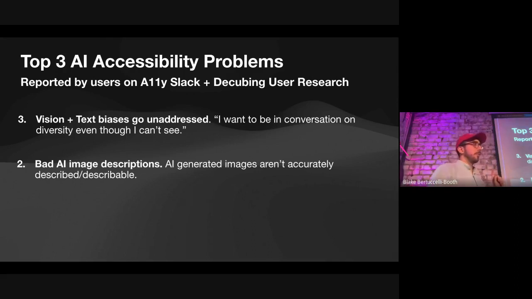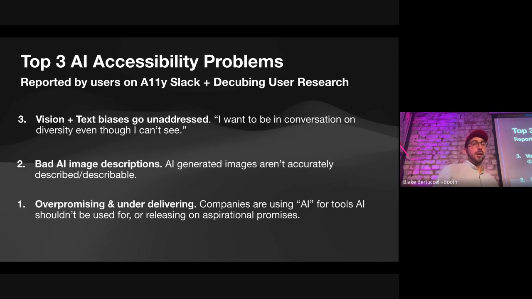But the number 1 problem, and I was burdened to crunch all my numbers of all the suggestions I got. The number one problem that people report around AI accessibility is over-promising and under-delivering. So companies are using AI for tools that AI shouldn't be used for, or releasing on aspirational promises. This is a huge problem with almost every accessibility company today, because they see AI and AI translates into dollar signs. And companies are releasing tools now as production tools that you should use,